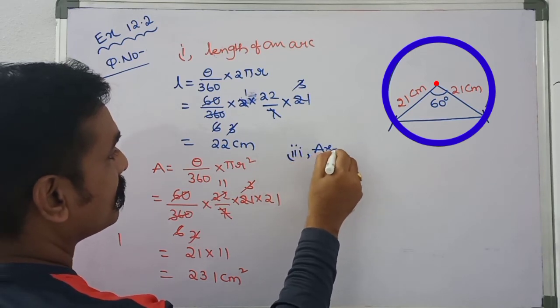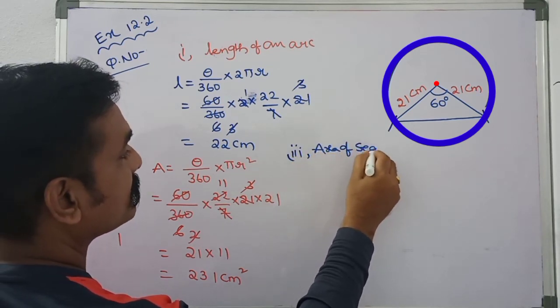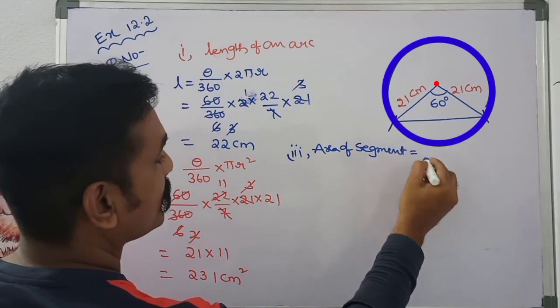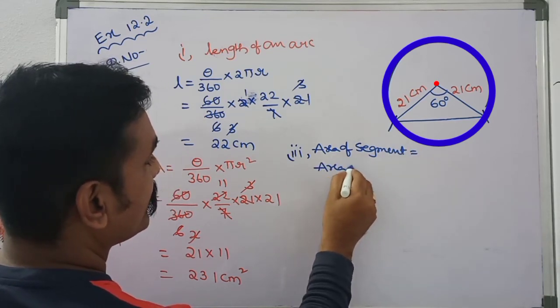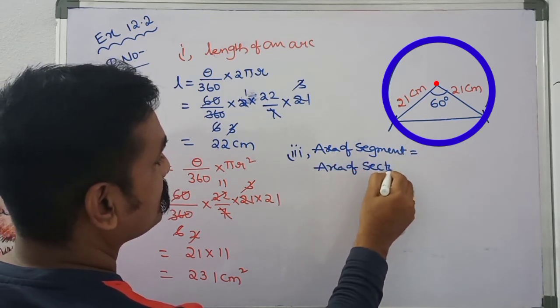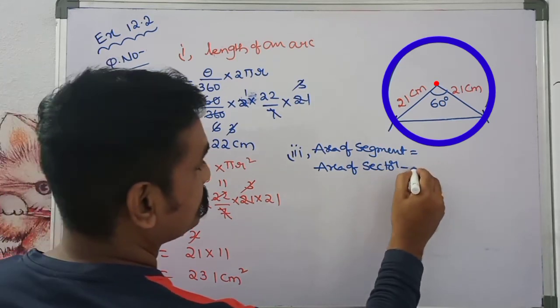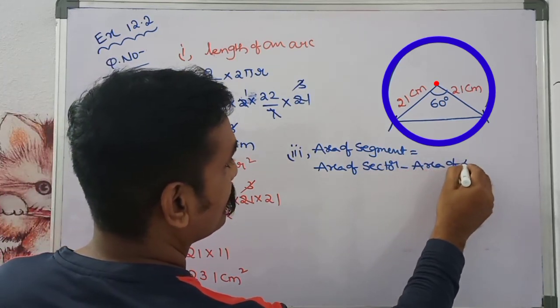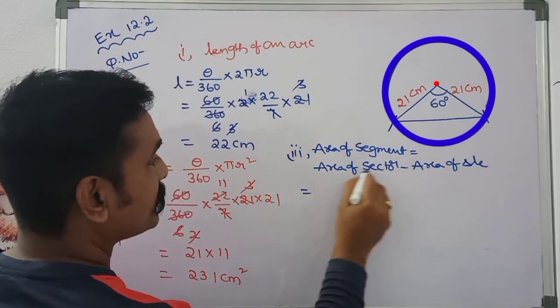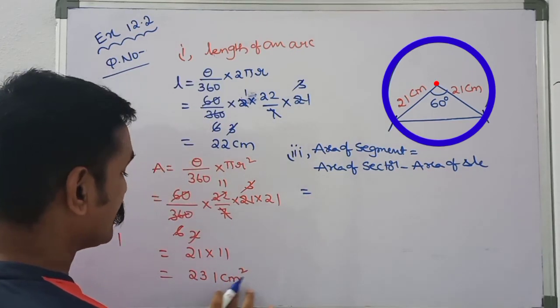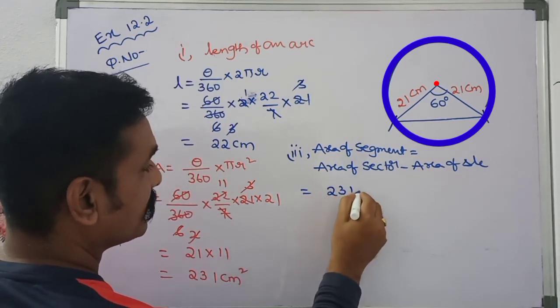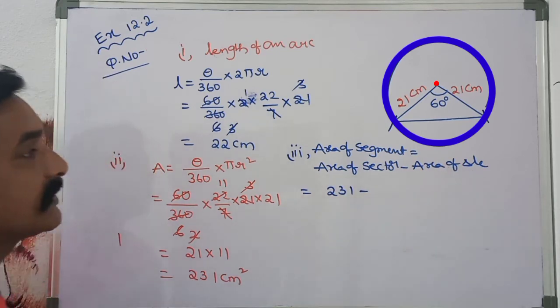And the last one, they asked to find the area of the segment. So area of segment equals area of sector minus area of triangle. The area of sector we already found as 231, minus the area of the triangle,